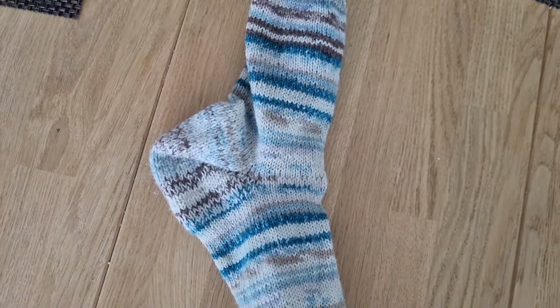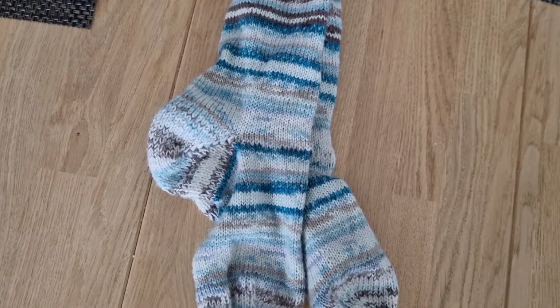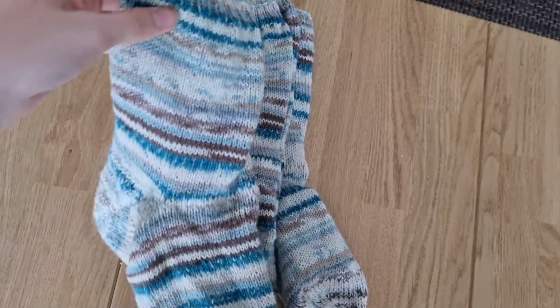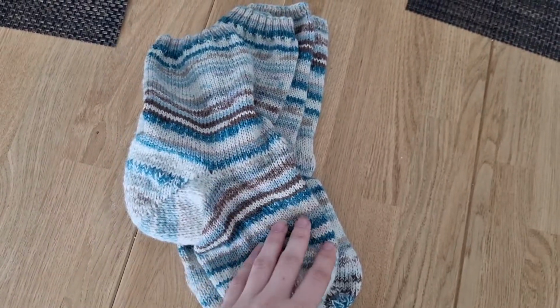4 actually, that I can't really show you. I knit my parents both a pair of socks, and I have gifted them to them already. I gifted them because they helped me and my boyfriend move quite a lot. They were like big helpers, so I wanted to knit them some socks. It was quite a challenge to get the size correct, and even when gifting them, I really had my fingers crossed that they would